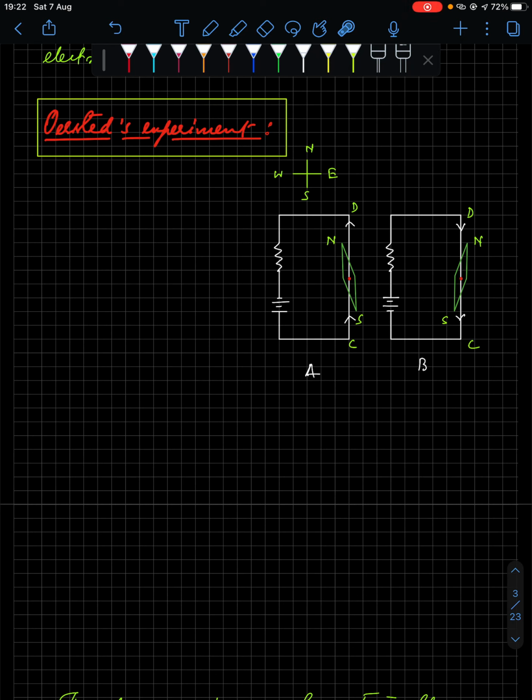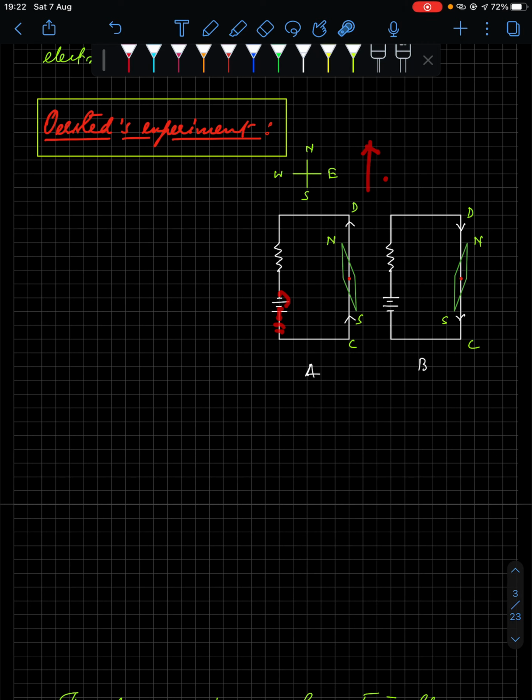All right. Now to see what is there in the experiment, we have a circuit arrangement, in which you have a battery, a switch over here, and a resistance here. Now let's say the switch is off and no current is passing through the circuit, then if you place a compass near the coil or near this circuit, you will see that the compass is showing you the natural north-south direction, in this manner.